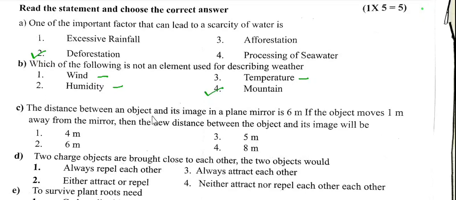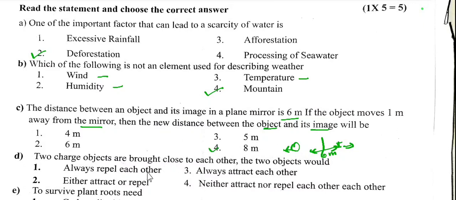The distance between an object and its image in a plane mirror is 6 meter. If the object moves 1 meter away from the mirror, then what is the new distance between the object and image? Now see here, few people have not calculated in the correct way. Actually, the distance between the image and the object is 6 meter, and when the object moves away 1 meter, the answer will be